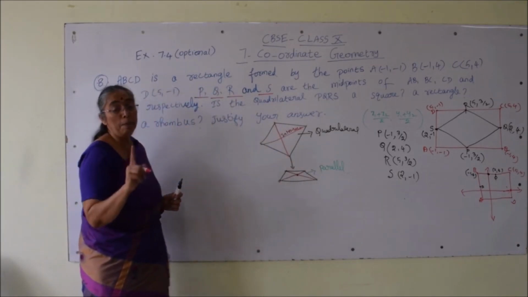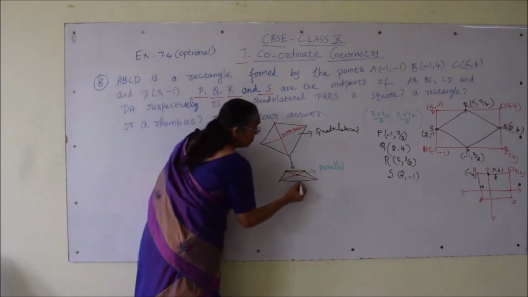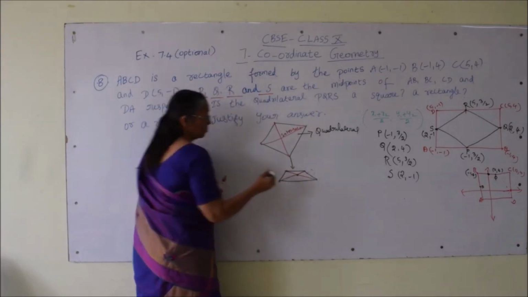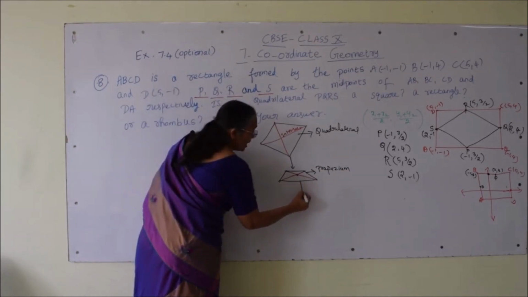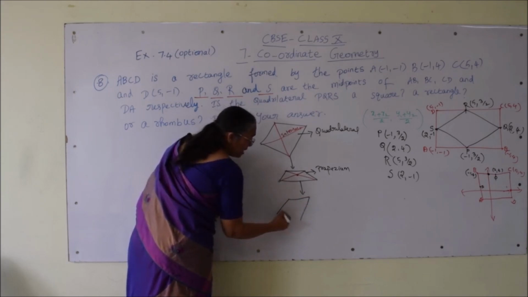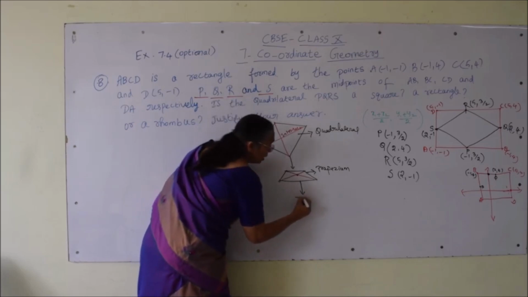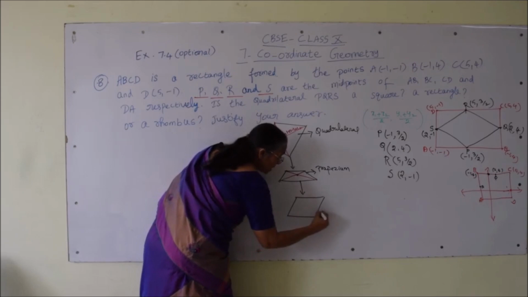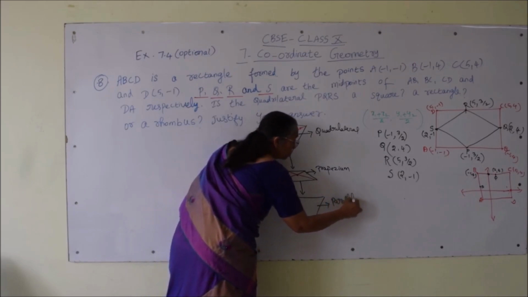And only one pair of sides are parallel. Now, the trapezium is a quadrilateral, no? Trapezium. Now, the trapezium will change into a parallelogram when the other sides are also parallel. The remaining two sides are also parallel. In a trapezium, only one pair of sides are parallel, whereas in a parallelogram, both the opposite sides are parallel. So then we will call it a parallelogram.